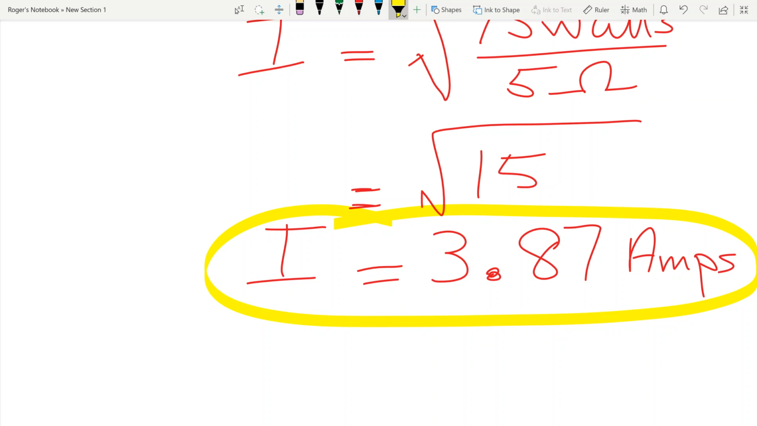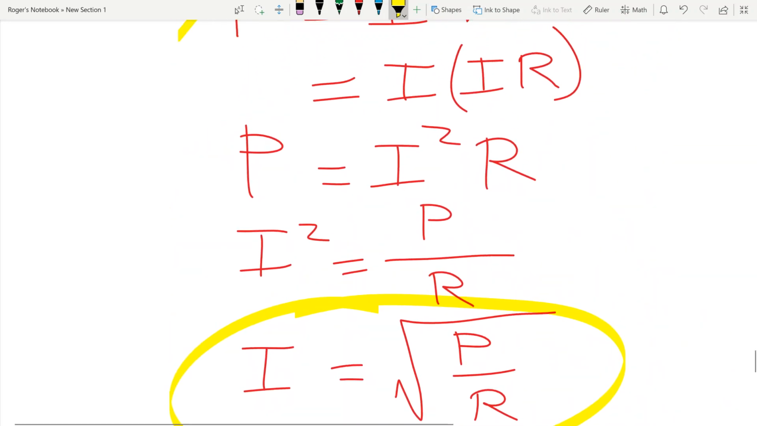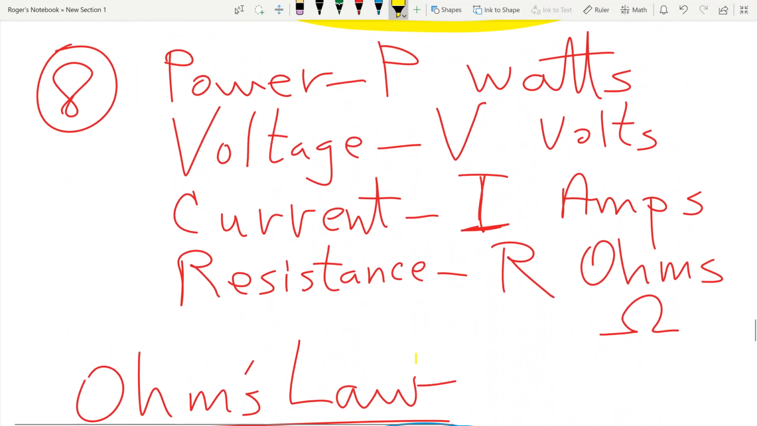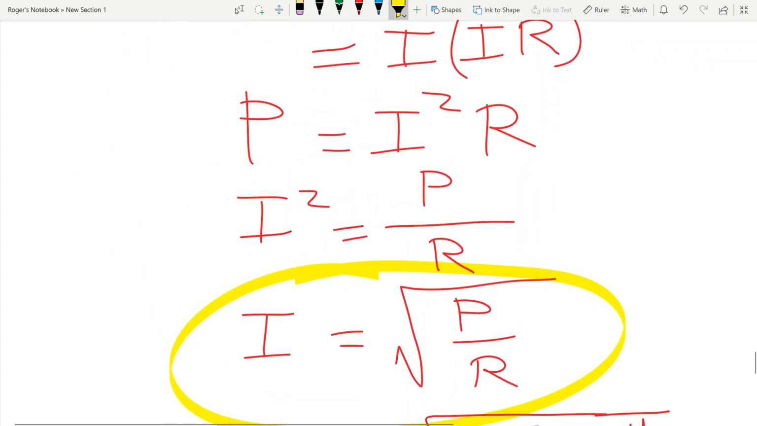So knowing that you're only going to need 3.87 amps will allow you to choose a conductor, an electrical conductor, i.e. a wire, that's the appropriate size. So there you go, practical application. Practical application. Moving ahead now to example number